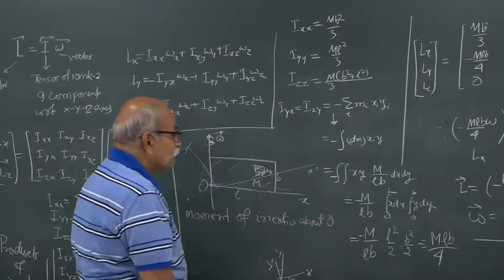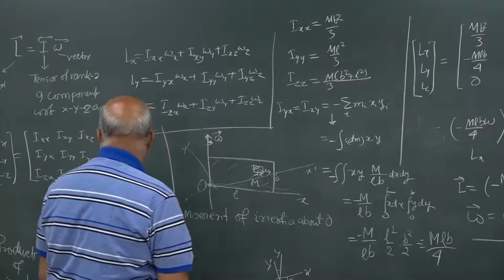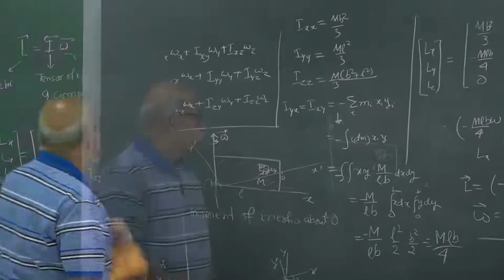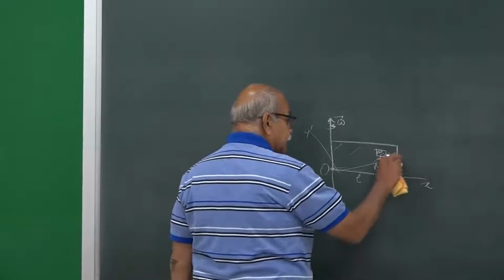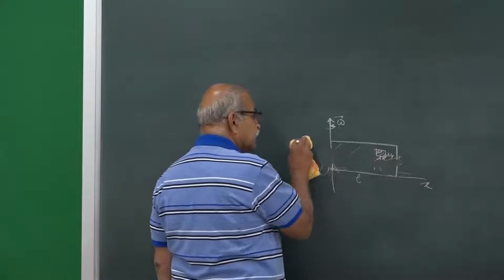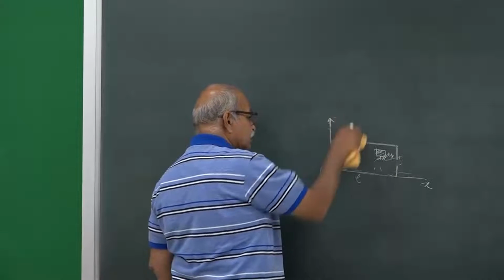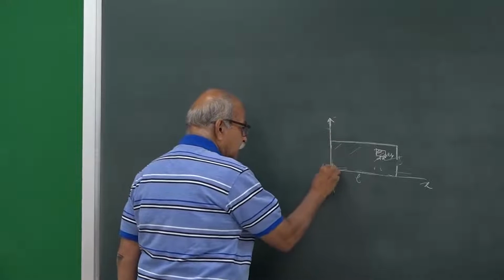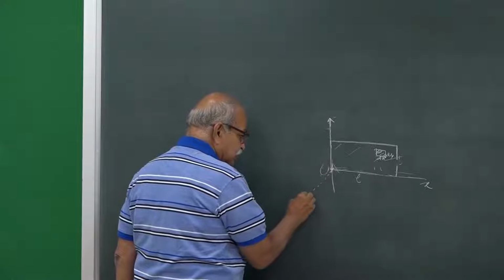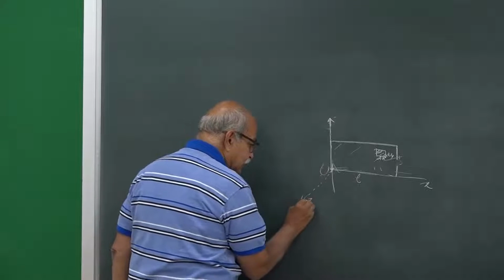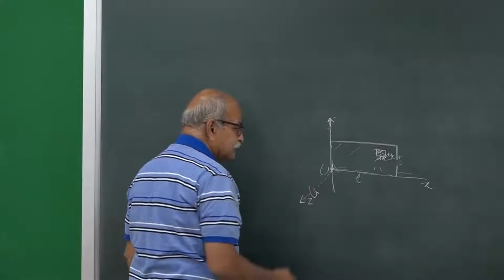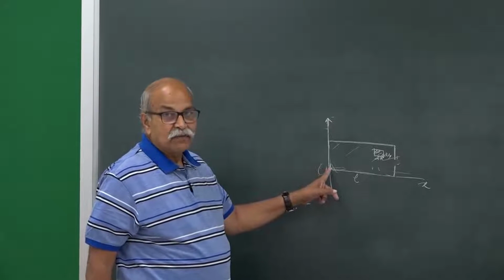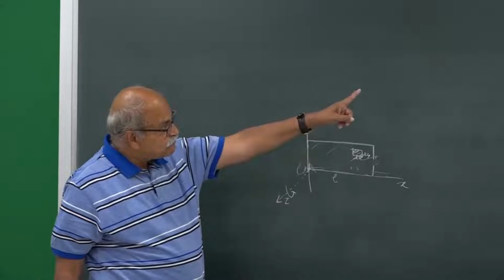So, let us do for that. Let me make some space. I think I can make the space this side. So, let me have the same figure, and omega is not here, omega is now along the z axis. So, this is z axis and omega is in this direction, it is going like this. I want angular momentum of the object about this point, and I will use the same procedure.